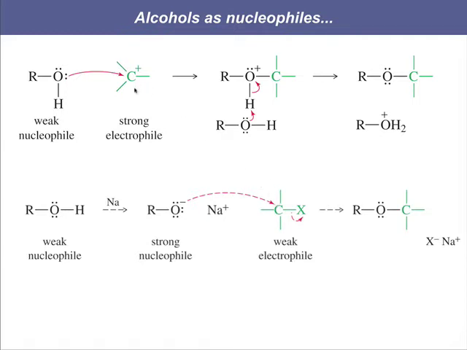So SN1 has a weak nucleophile where we need a strong electrophile. SN2, we have a strong nucleophile, so we only need a weak electrophile. In either case, you get ROR ethers as your product. We've used these a lot as nucleophiles. In fact, alcohols were the first nucleophiles that we ever used. But they can also be used as